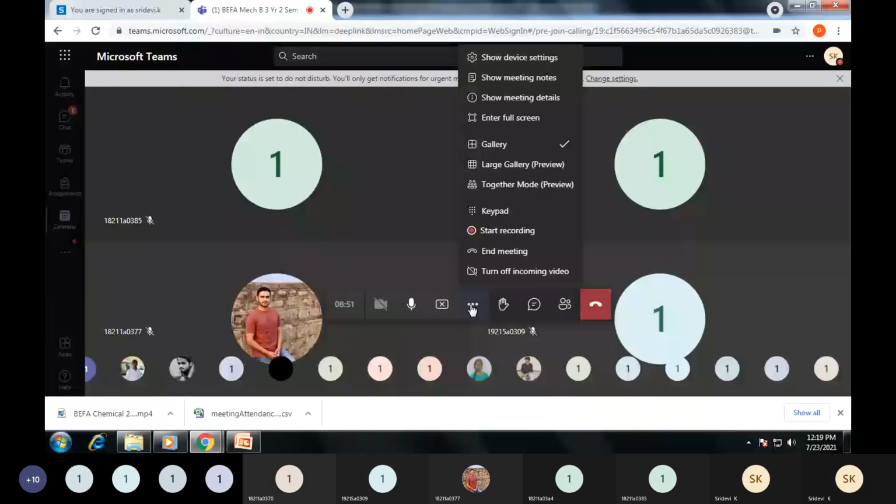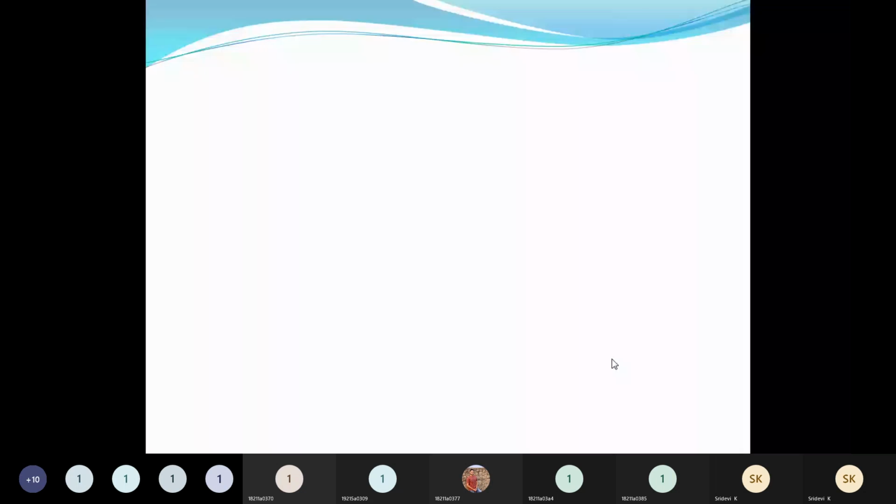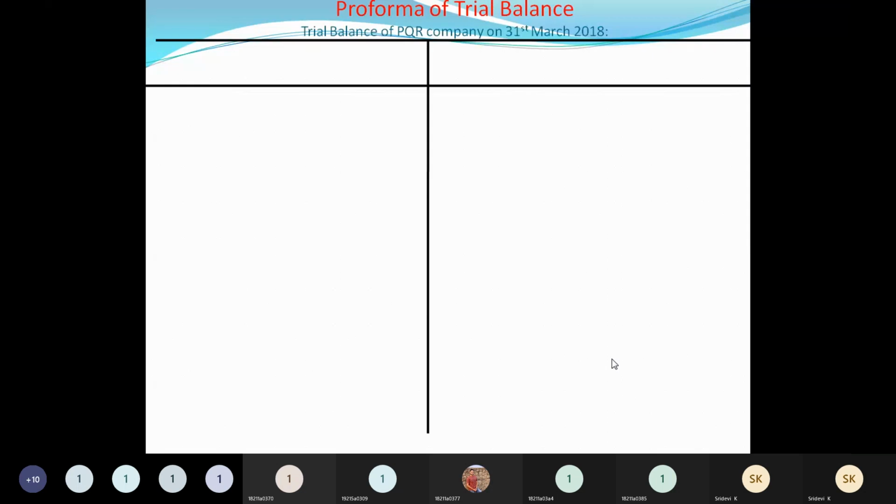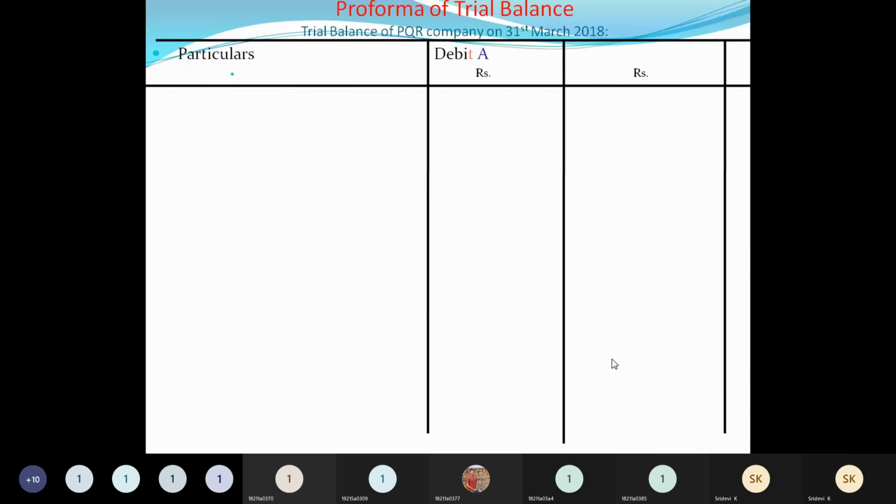So today we will see the format of trial balance first, how this will look like. This is going to contain 3 columns. One is the particulars column, second is the debit amount column, and the third is the credit amount column. You cannot shift the credit amount column first and the debit amount column to the next. So this sequence should be followed. You cannot make it this side, that side like that. First, always the debit amount column should be shown, and then only you show the credit amount column.